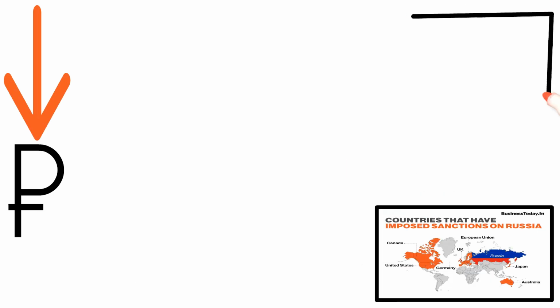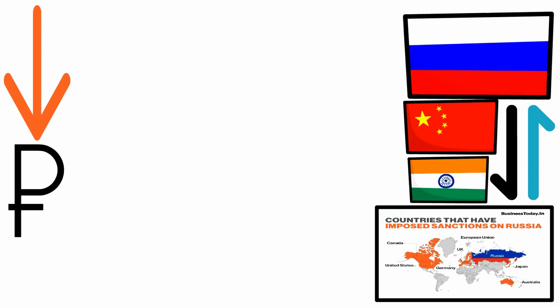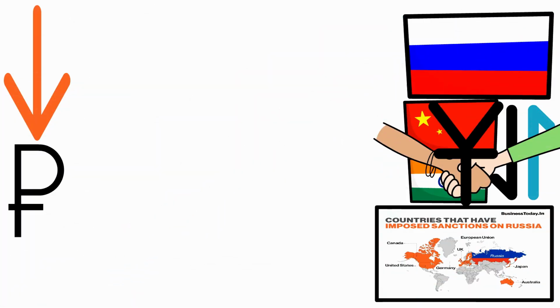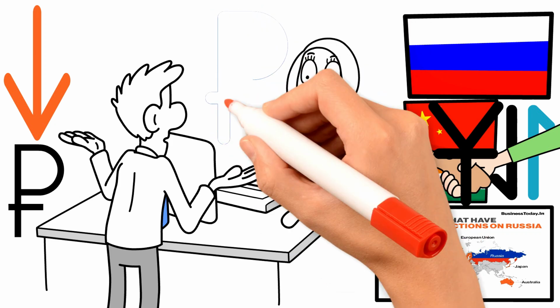Russia has also shifted its trade focus to countries like China and India, avoiding Western markets. However, these new partners prefer using stable currencies like the yuan or the dollar instead of the ruble. So even though trade with these countries is up, they are not using rubles, which limits the ruble's role in these transactions. This is one of the main reasons why the ruble is not seeing any increase in demand, even